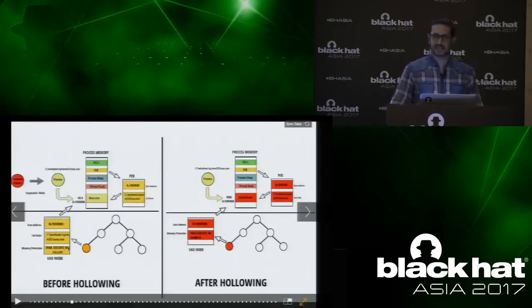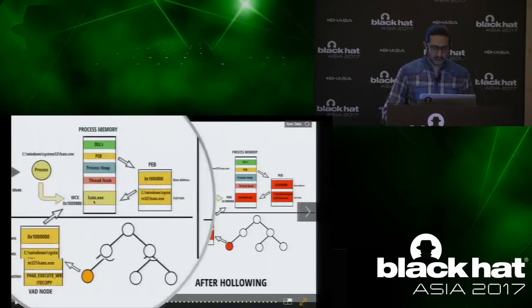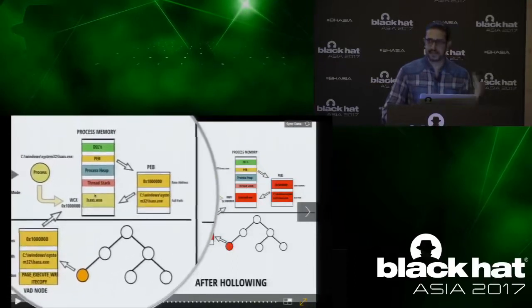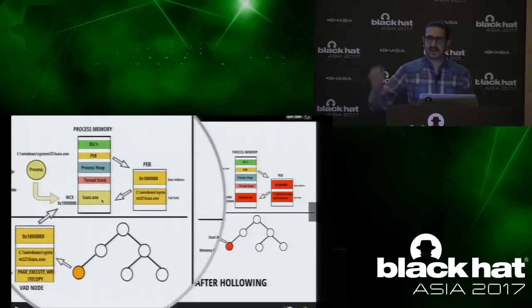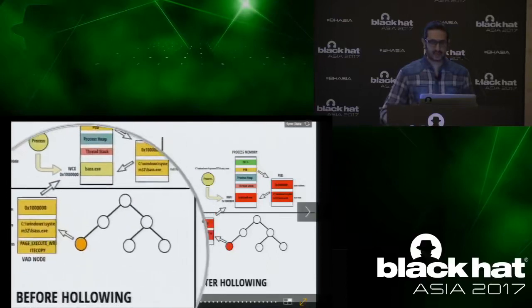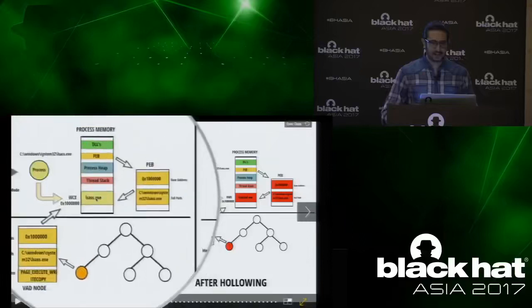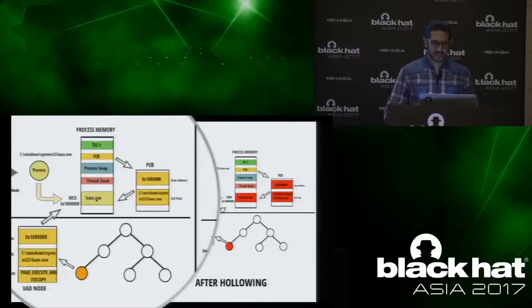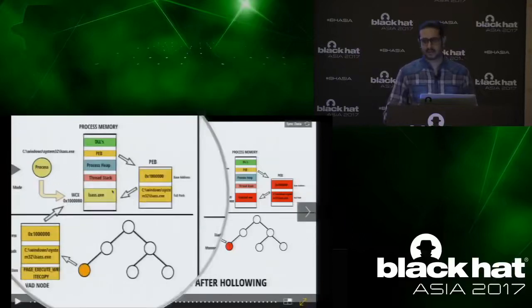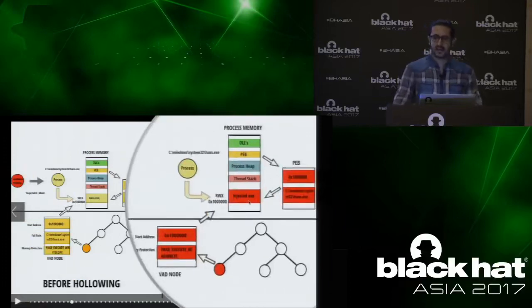So then what Stuxnet did was, it hollowed out this section of memory, that is where lsas.exe was loaded. As a result of that, the node that was representing that section of memory is removed. And then a new memory was allocated into the same region, and an executable was injected. So after injection, it will look like this.